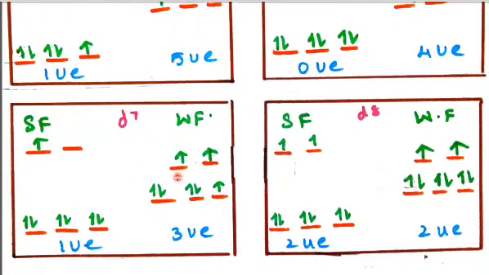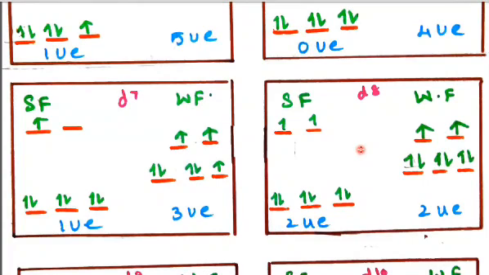In weak field ligand, the gap is very small. So filling 1, 2, 3, the 4th electron goes higher, the 5th electron also higher to eg, and then 6 and 7. So after pairing here, we are left with 3 unpaired electrons, 3 U.E. Next d8.